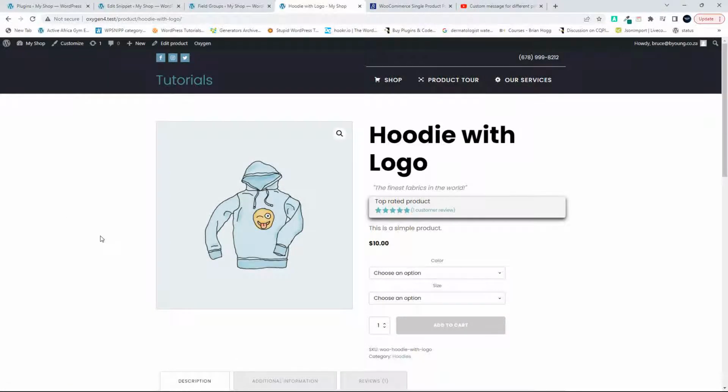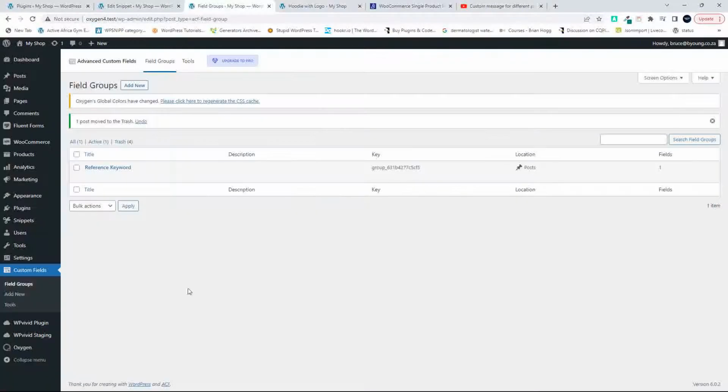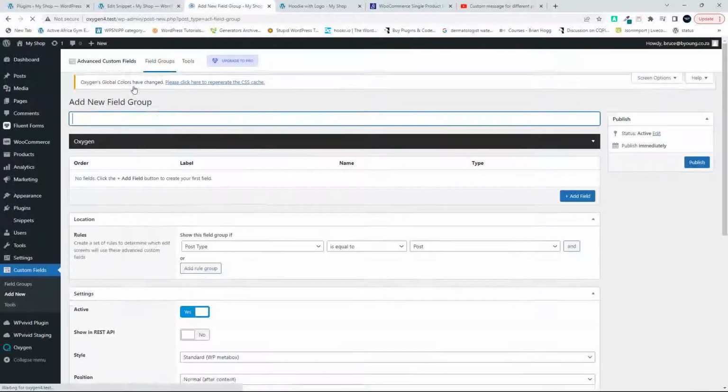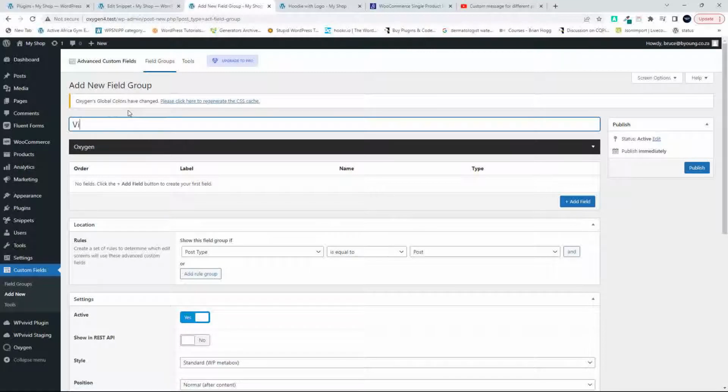Right. So the first thing that we need to do then is create the custom field for the video. So I'm going to head over here to Advanced Custom Fields, and we're going to create the custom field group. So let's add new, and we'll call this video for